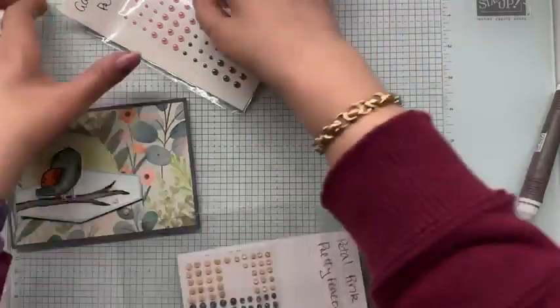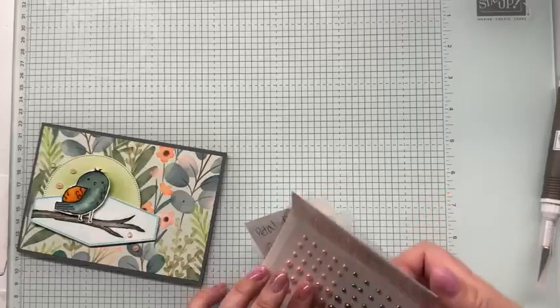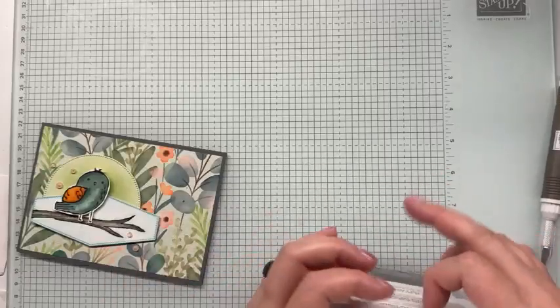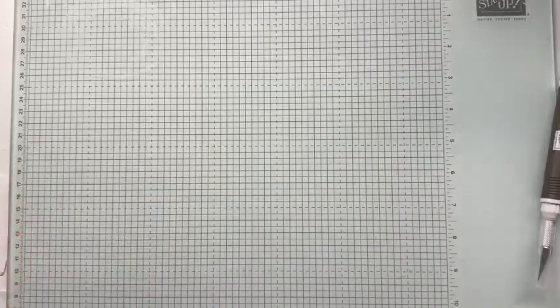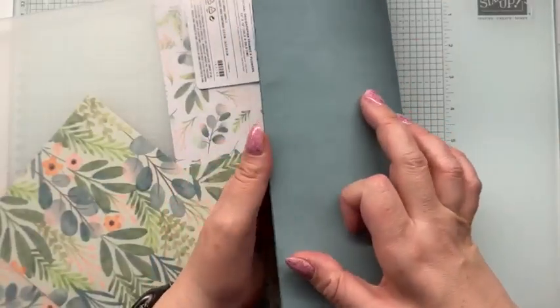So pop these back in here. I am going to keep them at the front because we're still going to be working with the same colours. So card 1 can just go to the side. And just looking at these papers, I don't necessarily want to use the same ones again. I may just use the die cuts because these are pretty...